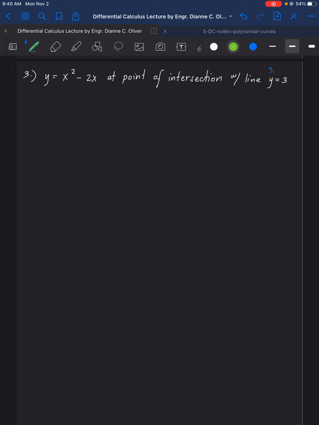How? Well, if we put the value of y here in this equation, this becomes 3 equals x squared minus 2x. This becomes now x squared minus 2x minus 3 equal to 0. Now if we plot this curve,